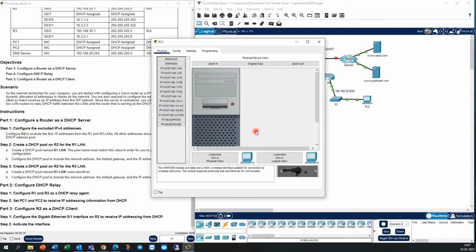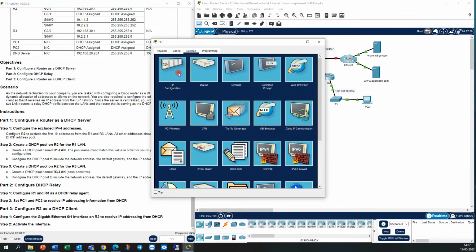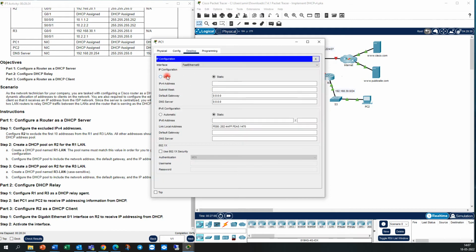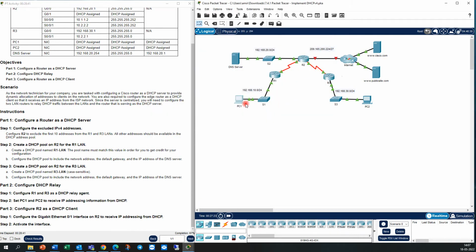You should go to PC1, under Desktop and under IP Configuration, and set it on DHCP, and you can see the DHCP request is successful. After DHCP is activated on this device, this PC sends a discover to the network here, and R2 says I am the server and sends an offer to PC1,